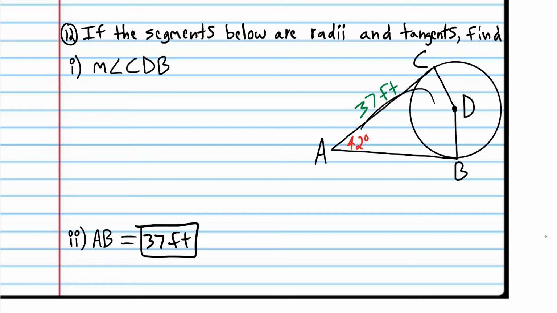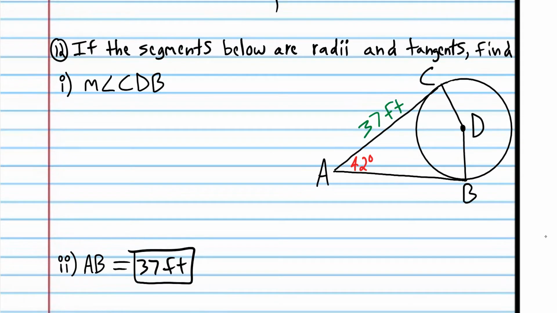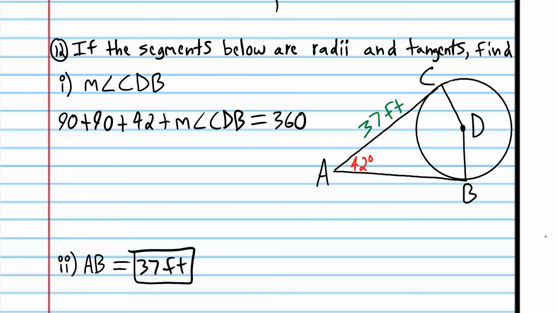And it turns out that this shape is a kite. We don't really need to know that it's a kite, though. So 90 degrees plus 90 degrees plus 42 degrees plus the measure of angle CDB is equal to 360 degrees. We learned that the sum of the angles in a quadrilateral is always equal to 360. We did 2 problems. Actually, I think we did 1 problem that showed that, so we don't really need to show that again. Add these up, you get 222 degrees